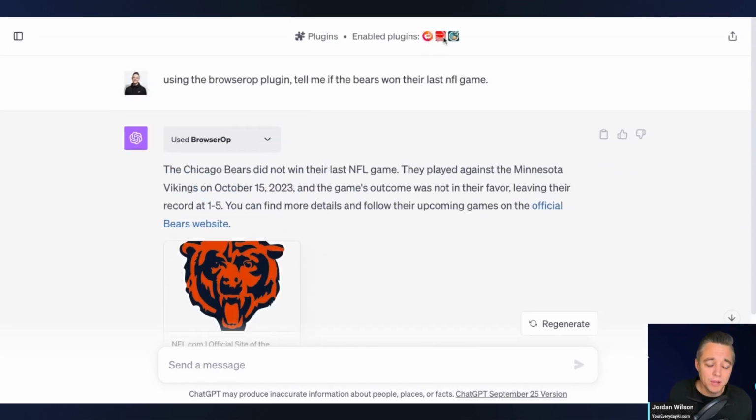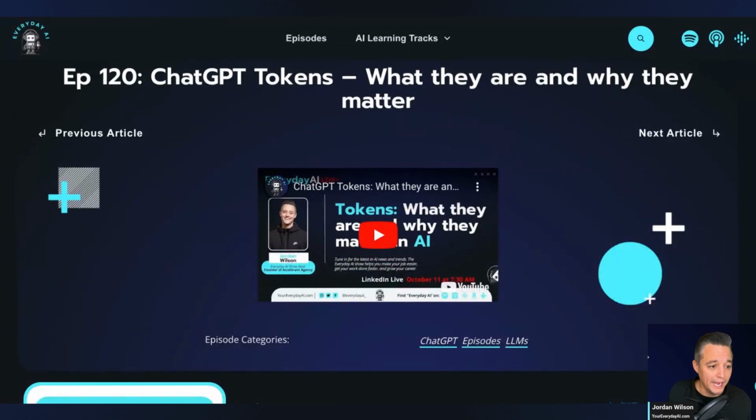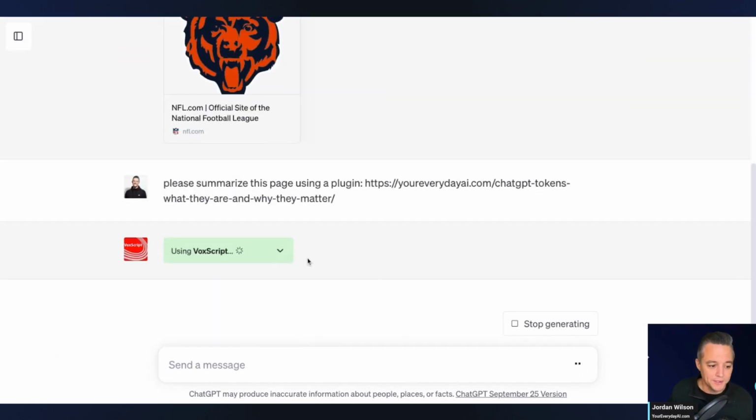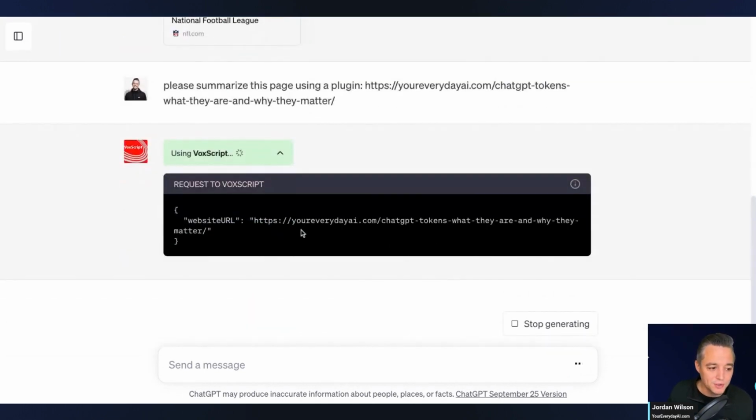But when you are using an internet connected plugin, as an example, I can go to this page right here, right? And then I can grab this link. I can go back in and say, please summarize this page using a plugin. Sometimes you do have to prompt it to use a plugin. But you'll see right away, it is using the Vox script plugin. I do have 3 different plugins enabled here. And I can see right here as it crawls the web page and reads it and